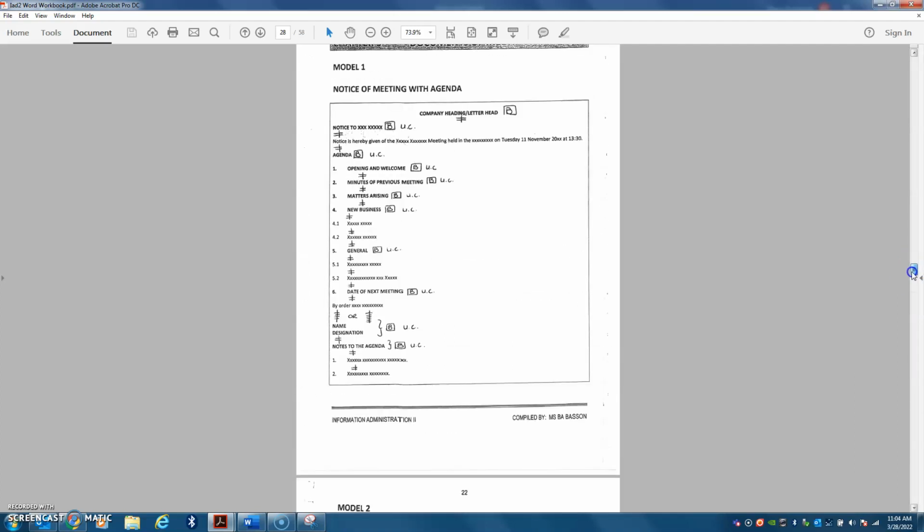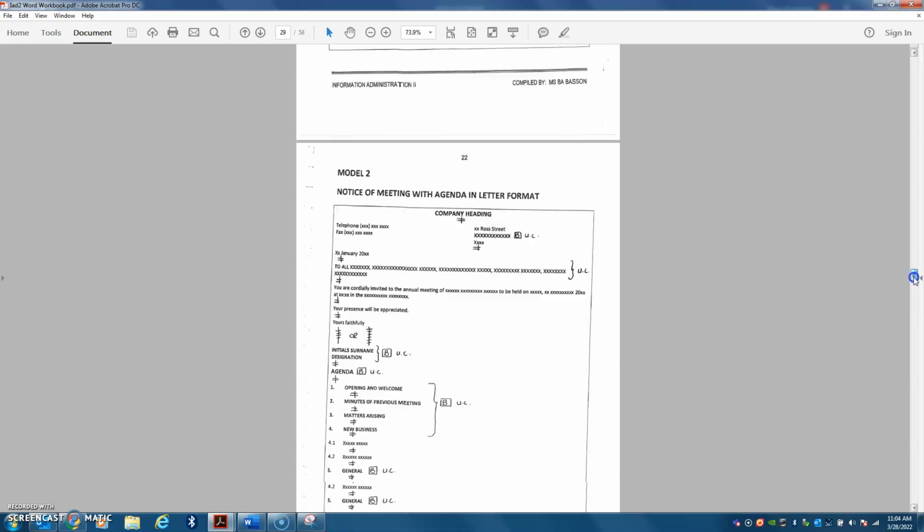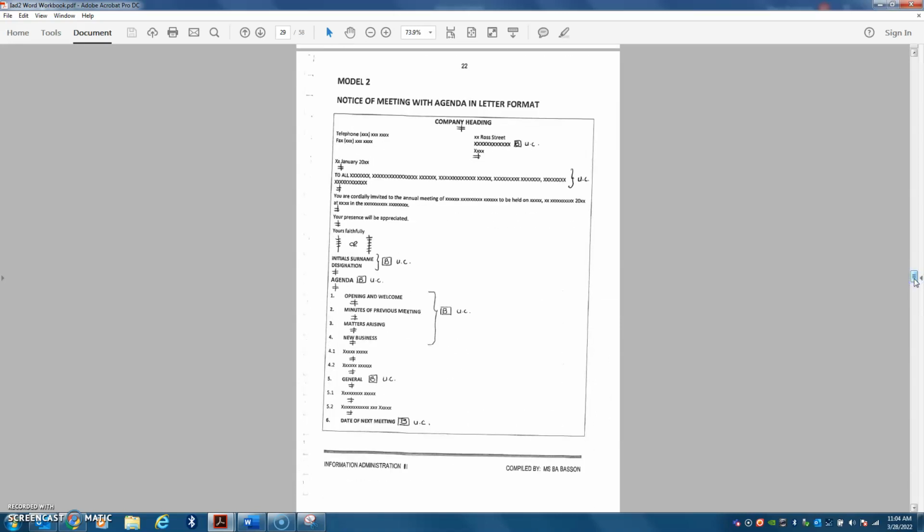And then this one, it's got a notice of the meeting with agenda in a letter format. So it's the same as the previous one, but now the trick is this top part that you see here. I'm not going to explain it since we are going to also do the letters. There's a link that I'm going to share at a later stage, where I've explained the whole part of a letter alone. I don't want to mix